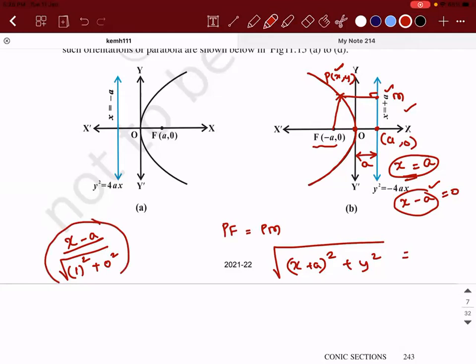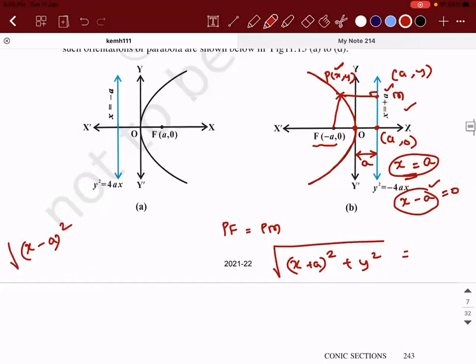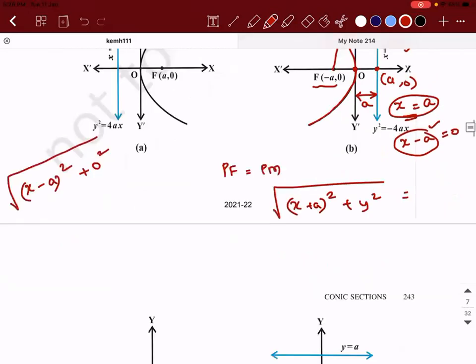Did you understand this or not? Sir, the point is a comma y, right? Like M point. The coordinates of M is a comma y. So we can take this directly? Yeah, that is right. You can take it as a comma y. Correct, sir. It's root over. Did you use under root? Yes, sir. I used under root. Oh, sorry, I missed it. So root of x minus a the whole square plus 0 square. This is what you told, right? Yes, sir. That's right. So root of x minus a the whole square. Right. This is another way. Good.